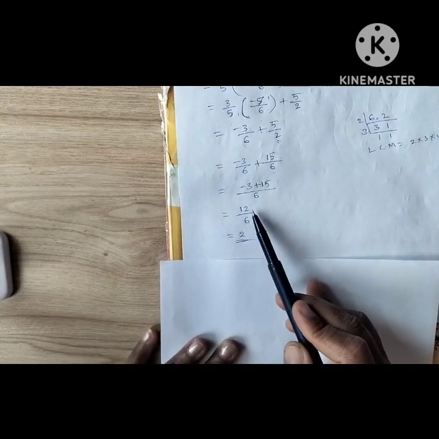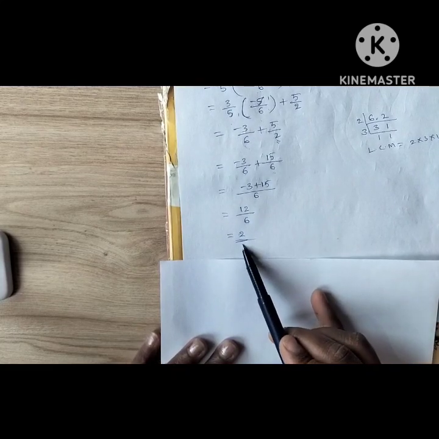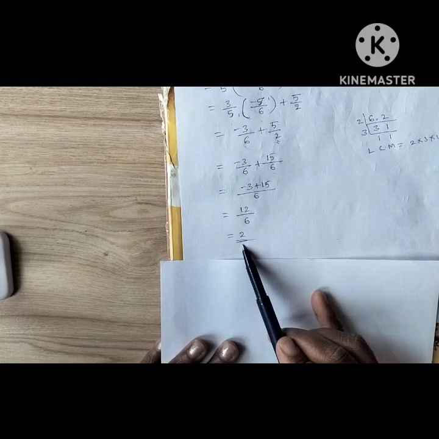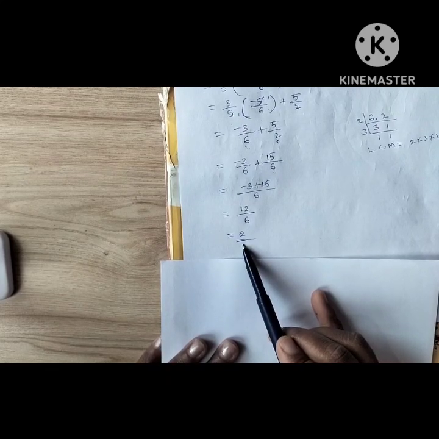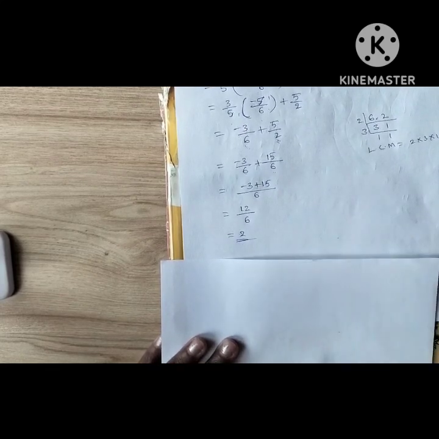So if we divide 12 by 6, we will get 2. 2 is the answer for the given problem. Okay, understood? I hope you understood, children. Next,